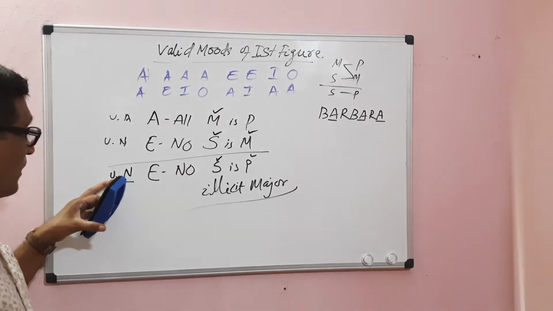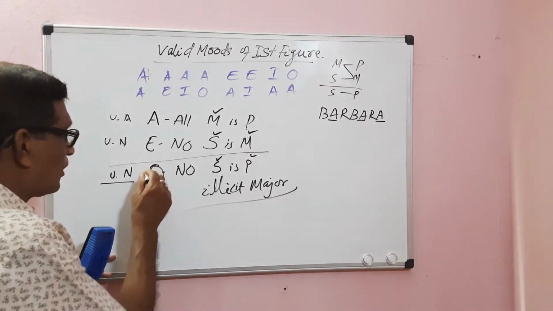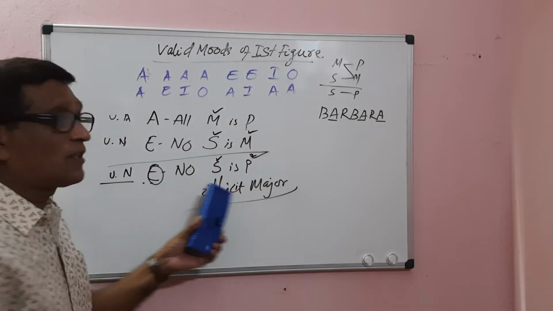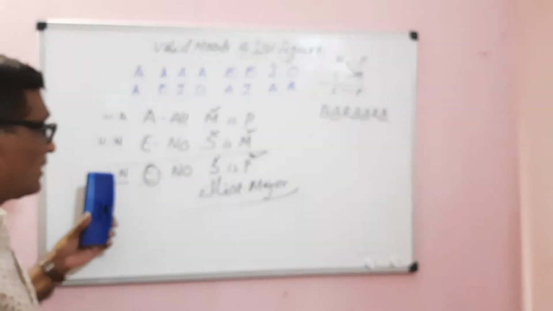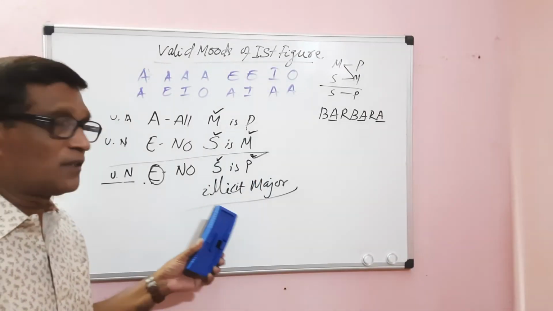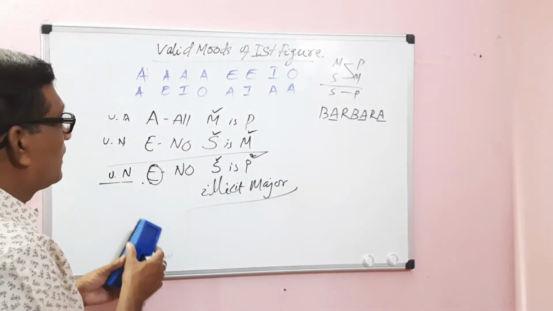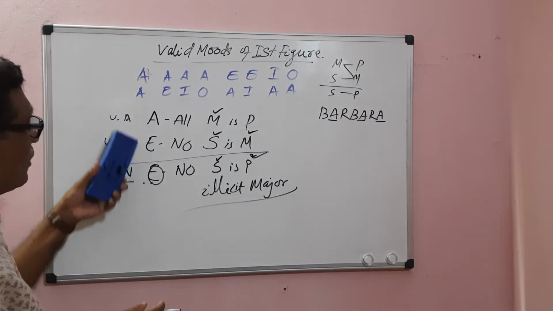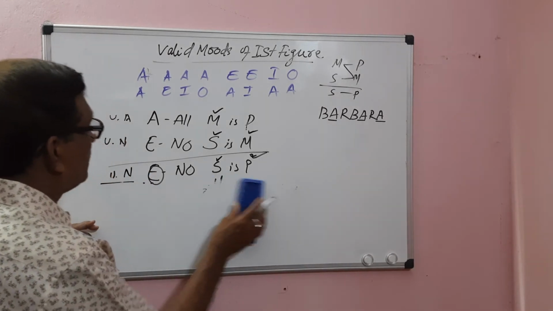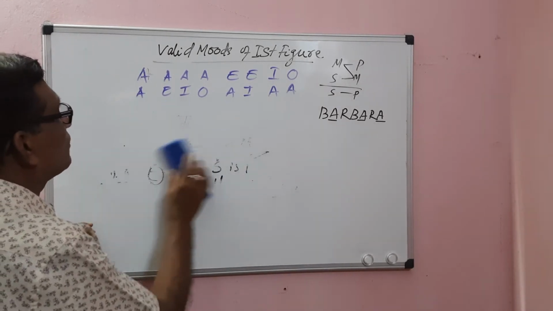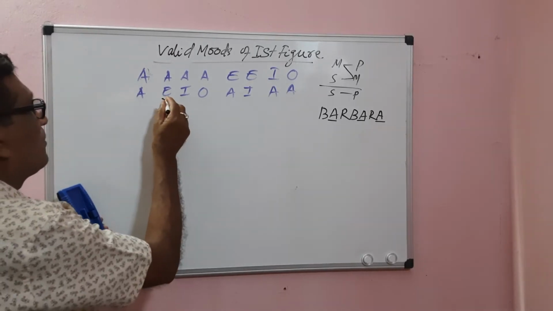We can also change the quantity from universal. If we make it particular, particular means O proposition. O proposition distributes the predicate term, so the same fallacy will also arise. Even if we change the quantity, the same fallacy will arise because O proposition distributes the predicate only. So there is no possibility of any conclusion in the case of AE. From AE, no conclusion will be derived. Therefore, AE is not a valid mode in the first figure.